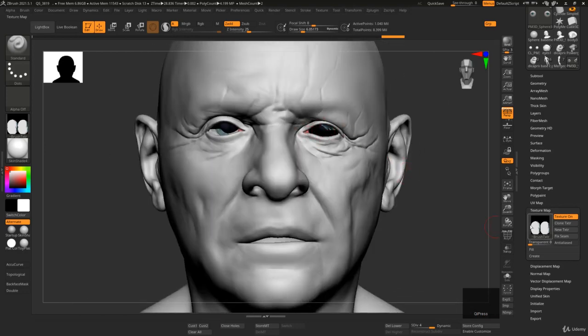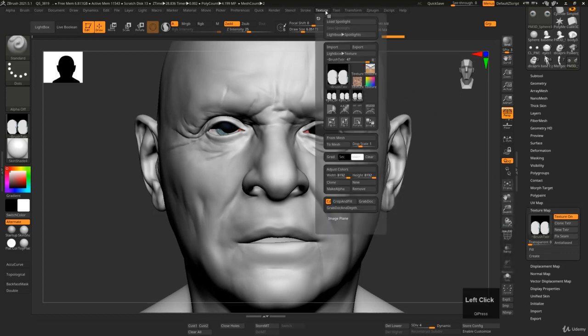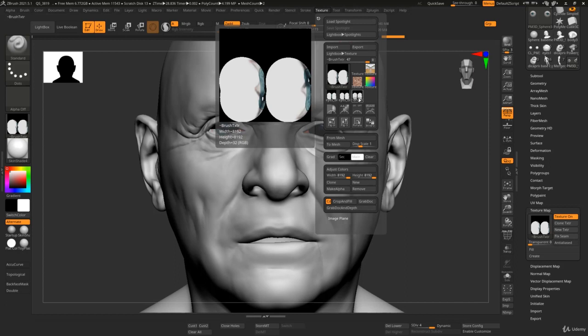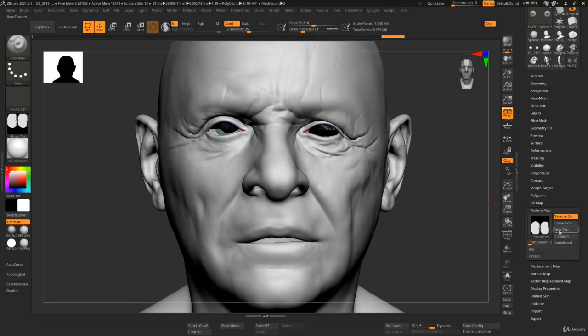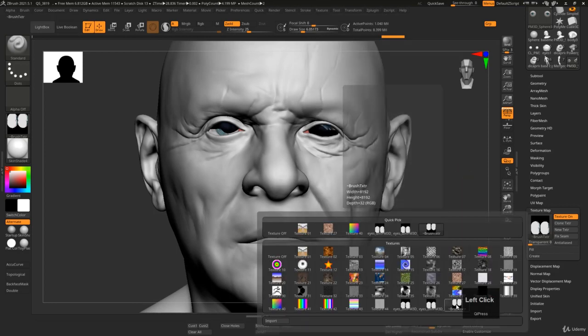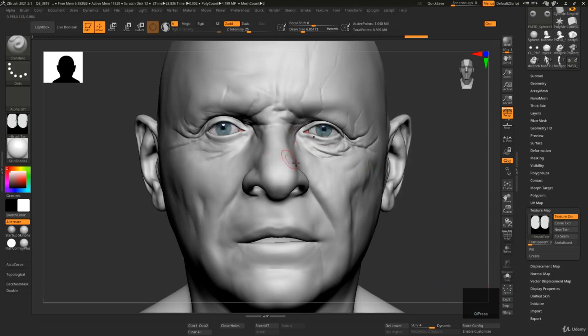Because we need to invert the axis for this image, because ZBrush works with flip V images. So you click this one and flip V, and now load it again here, and there it is. You can turn off your texture, and you can compare this,